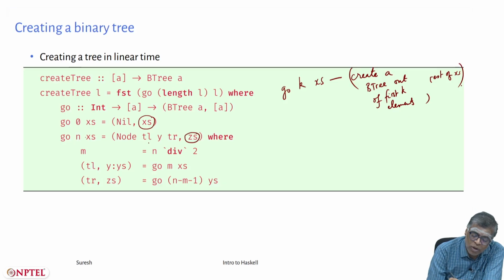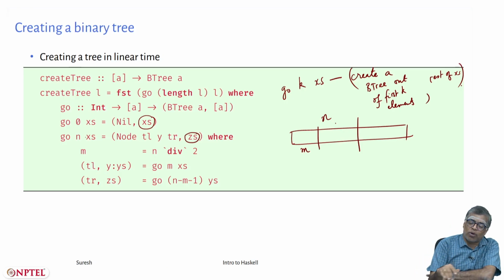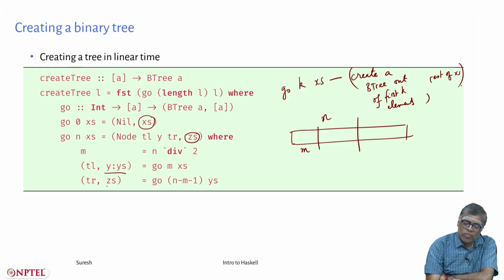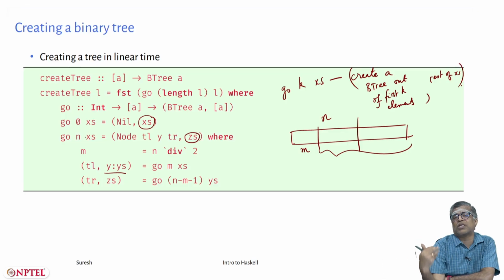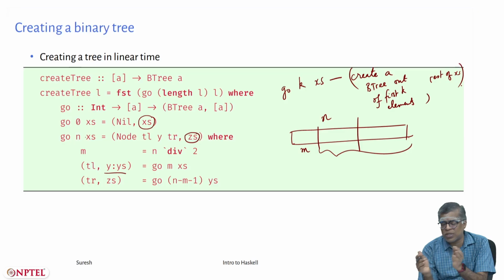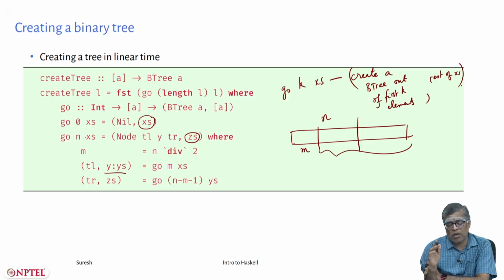You derive that by saying, I have these, the first n elements. So this itself I will do by first taking m elements, creating a tree out of that and giving the remainder of the list, and that list would be y colon ys. Now make y the root, and I have this whole list. In that whole list I will have to pick n minus m minus 1 elements and do this same procedure. So create a tree out of n minus m minus 1 elements and give the remainder of the list. Okay, so this is essentially a very smart create tree.